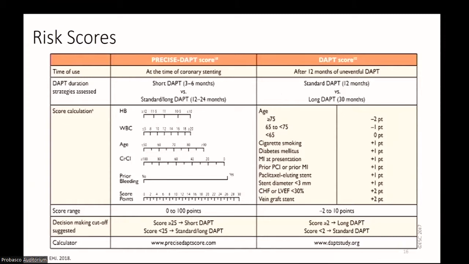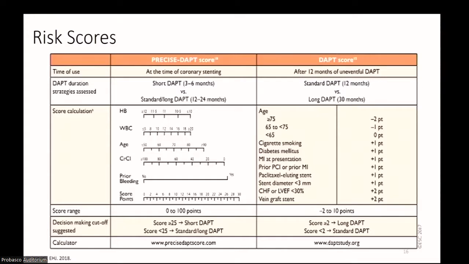And so one of the little tools in the tool belt is the PRECISE-DAPT score. This was developed to predict the risk of bleeding in patients treated with dual antiplatelet therapy. The score was developed from the data of 8 randomized clinical trials. The 2017 European Society of Cardiology focused update on dual antiplatelet therapy in CAD gives a class 2B recommendation for using this scoring system to decide on shortening the duration of DAPT versus doing the standard 1 year. The 2016 ACC/AHA guidelines mention the DAPT score, but that scoring system is concerning prolonging antiplatelets